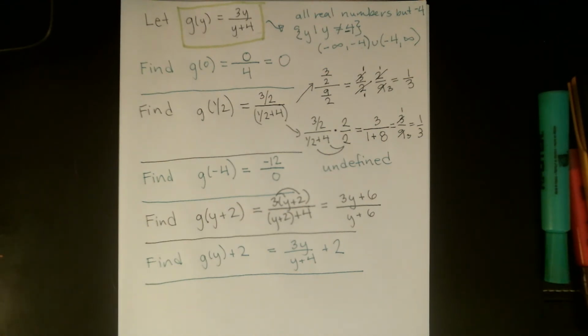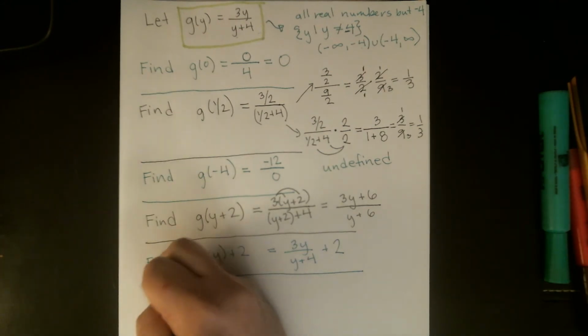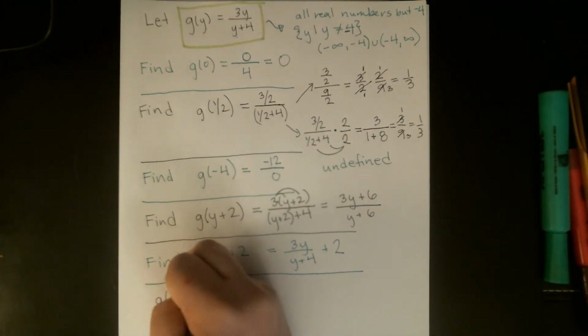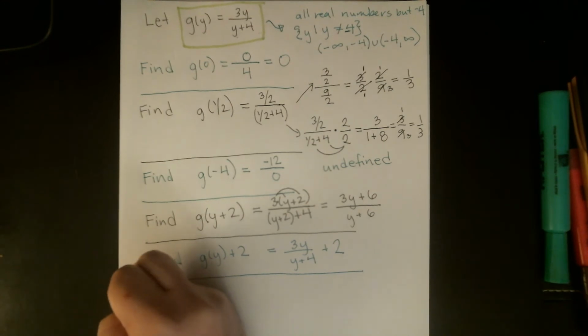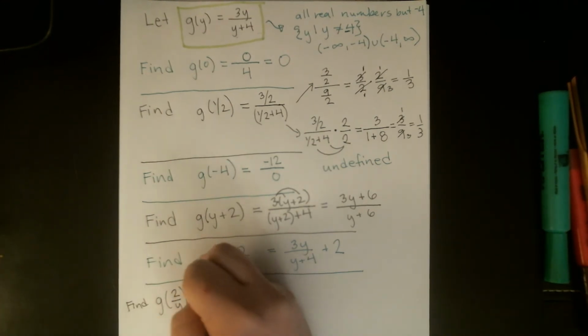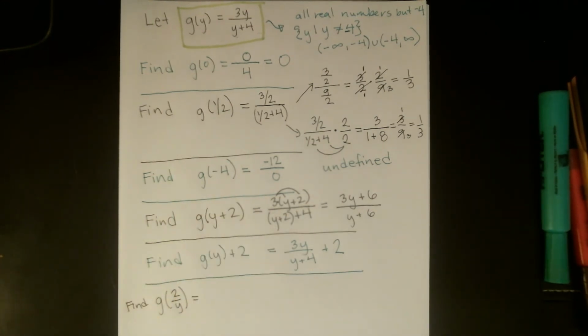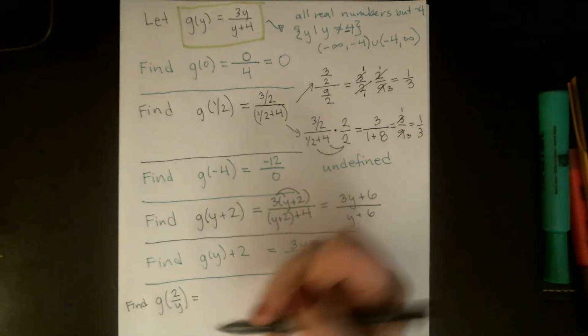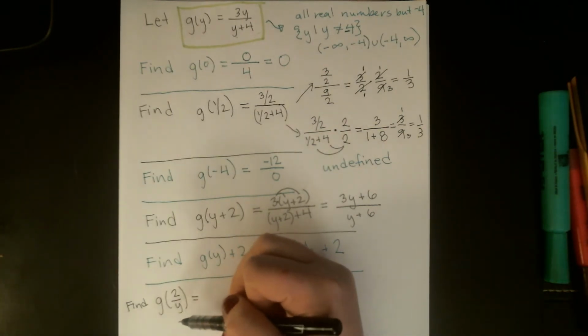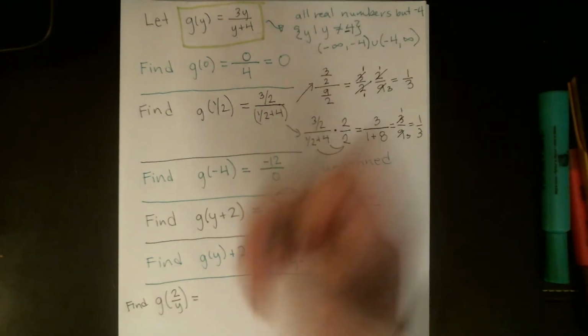Okay, let's see if we can sneak one more on the page before I run out of room, at least the beginnings of it. Let's try, find g of 2 over y. So again, getting fractions involved in a function that already contains fractions tends to create some algebra mess for us, that's really good practice. So g of 2 over y, this says follow the rule defined by function g,